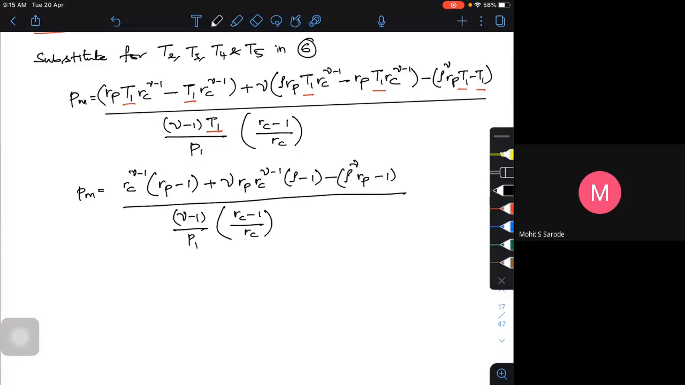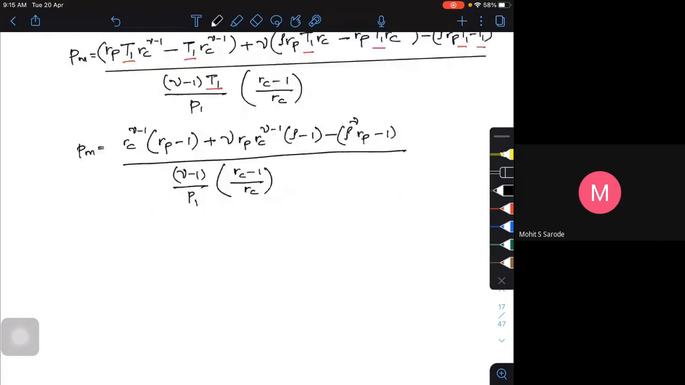So if I take my P1 denominator to the numerator, then rearranging the terms, I'll be getting the expression. I got my expression, only thing is I have to rearrange and get it in proper form. I can write it as RC by RC minus 1, then P1 divided by gamma minus 1, then RC to the power of gamma minus 1